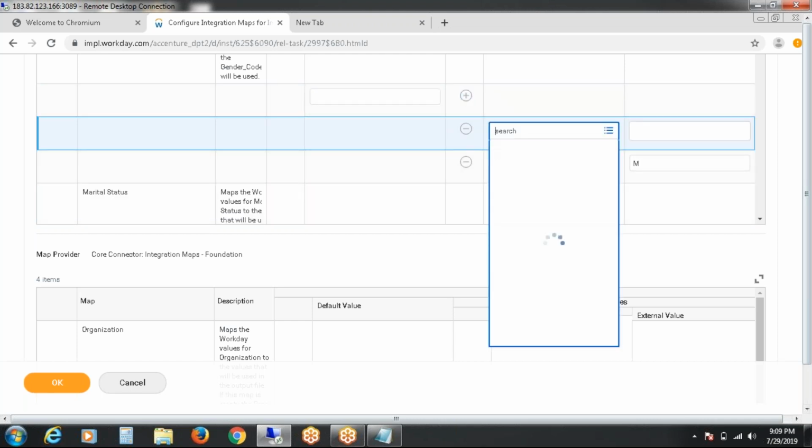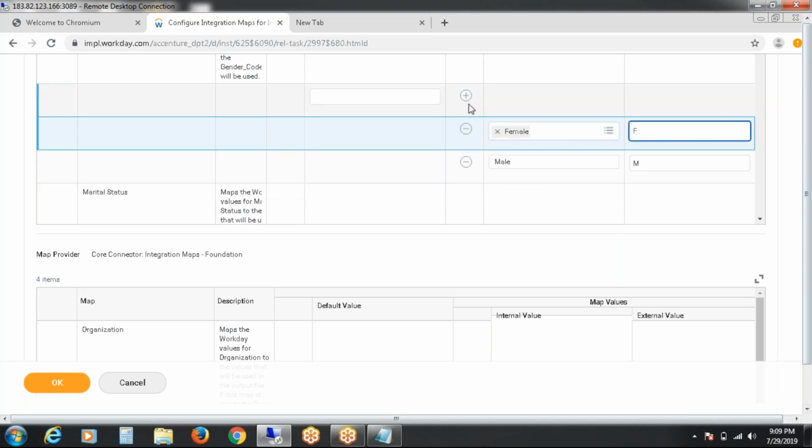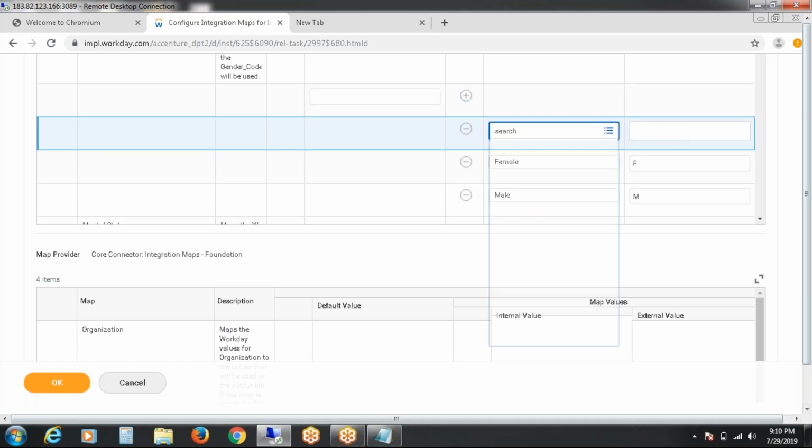So you need to select your letters. That's it. Not declared as ND. Okay, so just that's it. I'm not going to map everything.